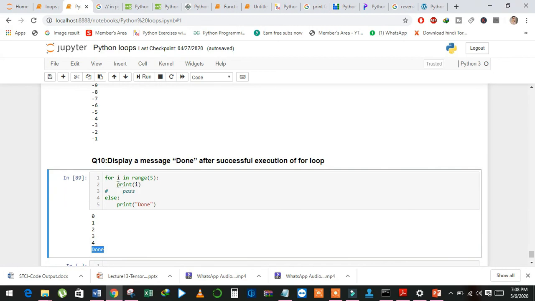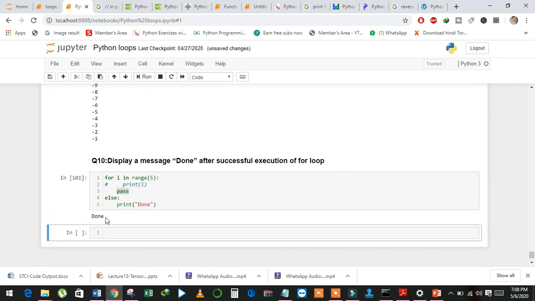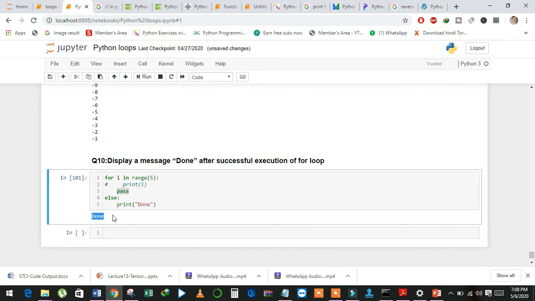And if we don't want to print the value of i, we can simply use pass. And now see here, it just returned Done. After the successful completion of the for loop, it moved to the else part and printed Done.